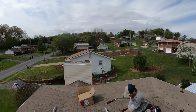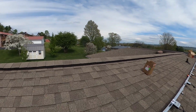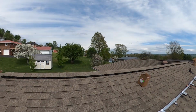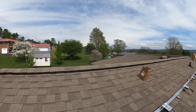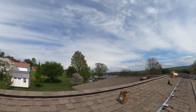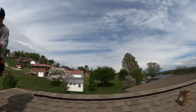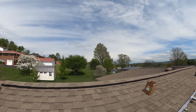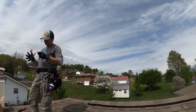High voltage. All right, I don't know where my video ran out last time, but this is an optimizer. What this does is each panel plugs into this, positive, negative, and it's got a dedicated serial number that goes back to the inverter and goes off to the monitoring app at SolarEdge, and allows you to see what each panel is producing, or if there's any issues with any panel,